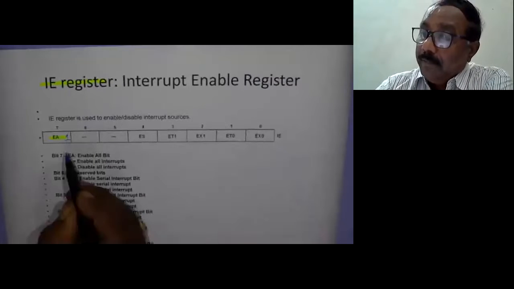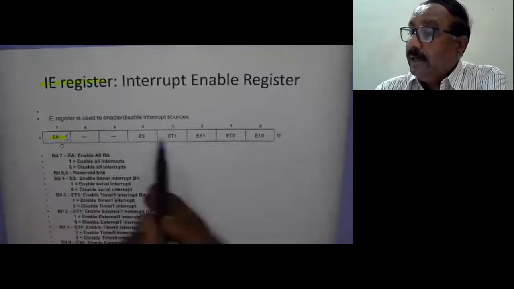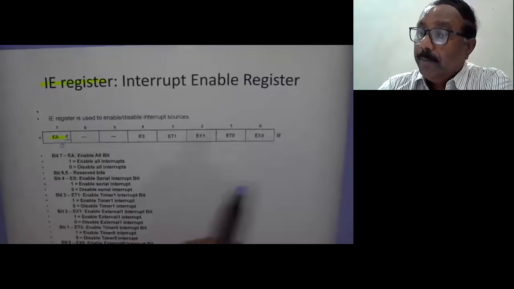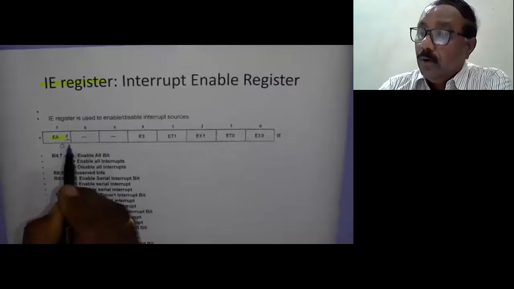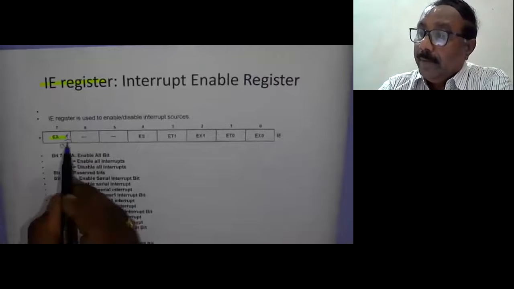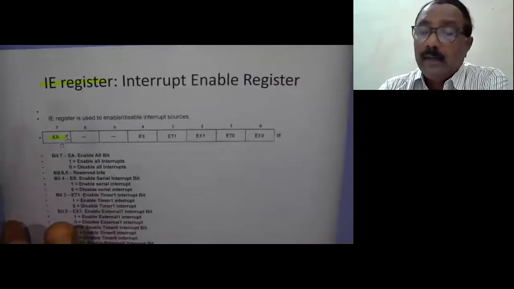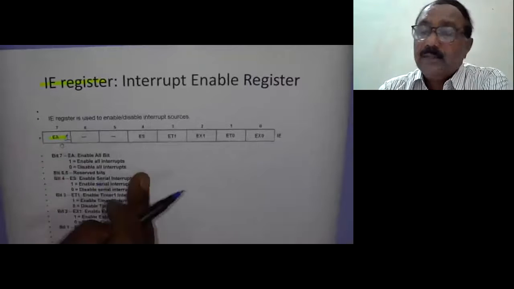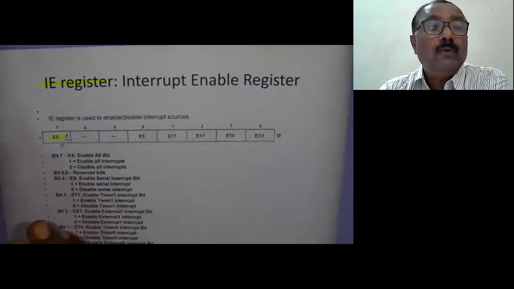Otherwise, if the EA bit is 0, all interrupts are disabled. To enable the interrupts, you have to keep the EA bit equal to 1. This is a global bit. So if we keep only the EA bit equal to 1, all interrupts are enabled.